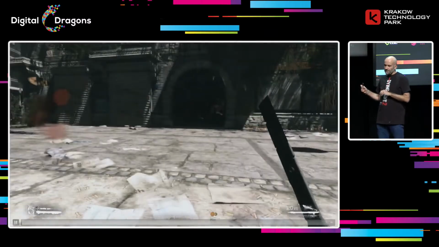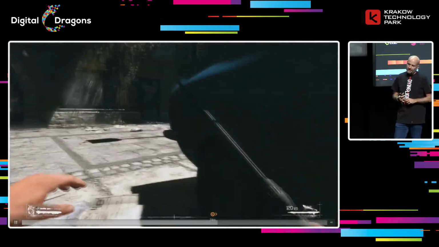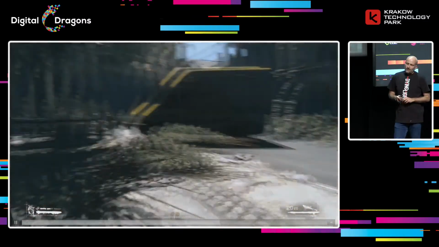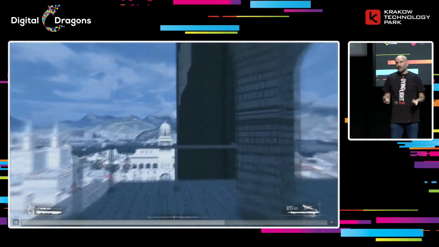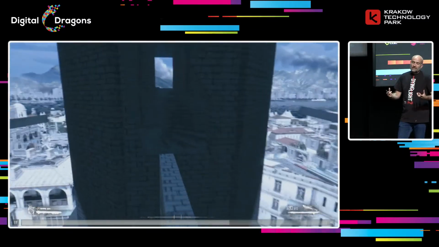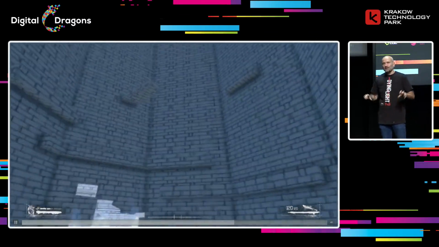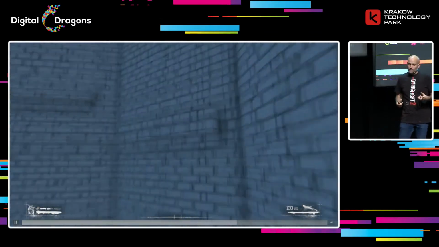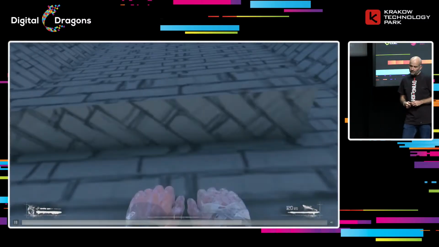A very powerful scene where you can see the virals, the infected, that they don't follow you into the light because they're scared of it. We also explained some of the ideas of the parkour puzzles, which we didn't have in the first game. We wanted to explain to the team that we will be aiming at places where parkouring will be quite difficult and will require a lot of focus and also stamina management.